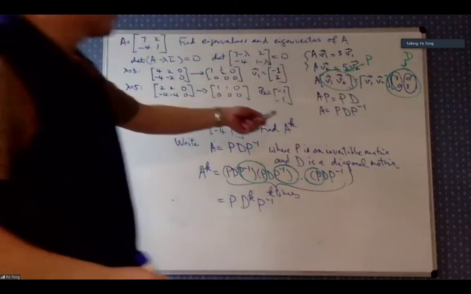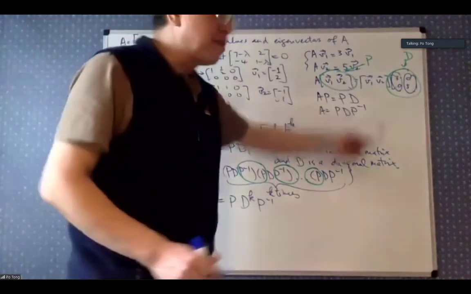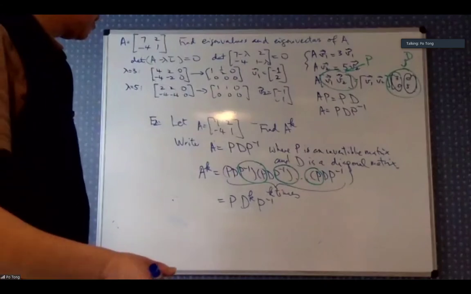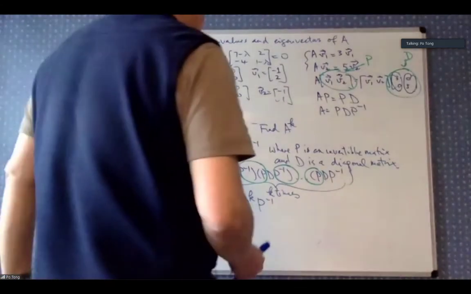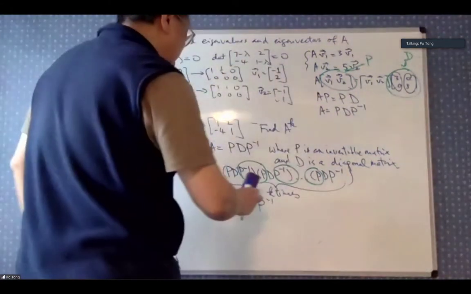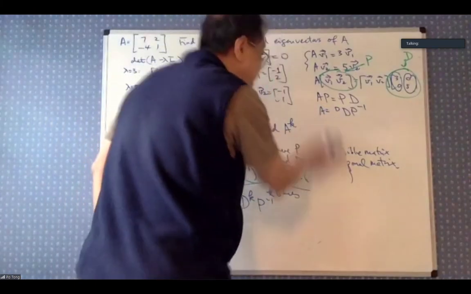So I successfully diagonalize A. That means I write A equal to this form. So now my A to the power K,